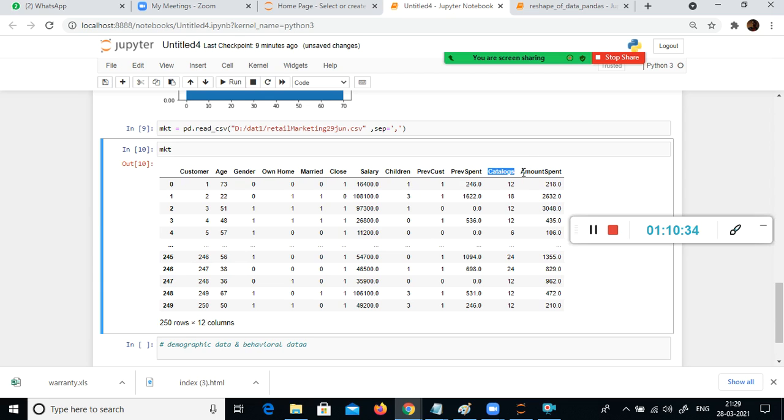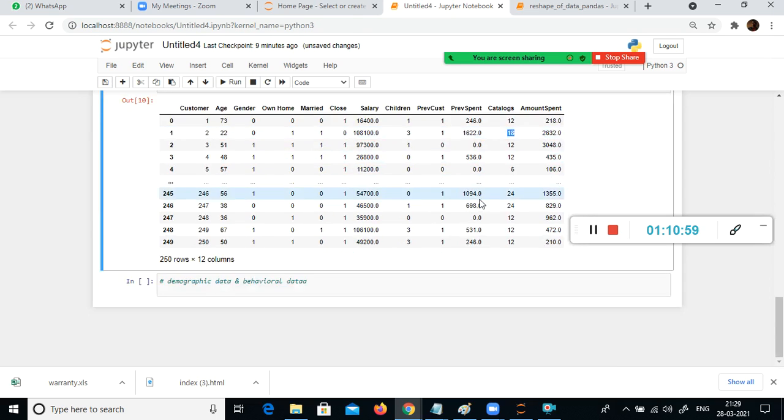By looking at the catalogs and the current and previous amount spent, we can understand their purchase behavior. When I send more catalogs, is there any increase in their amount spent, or does it remain as it is?